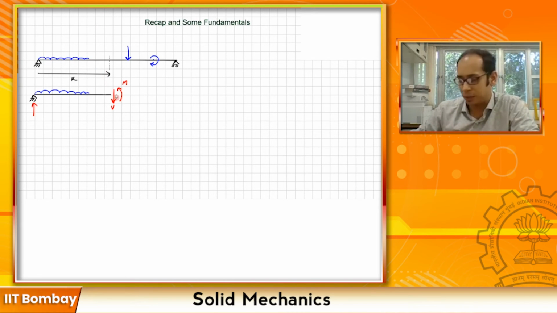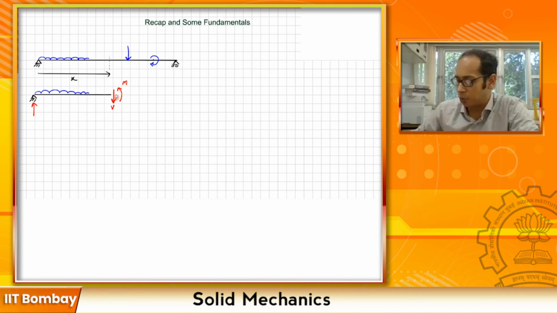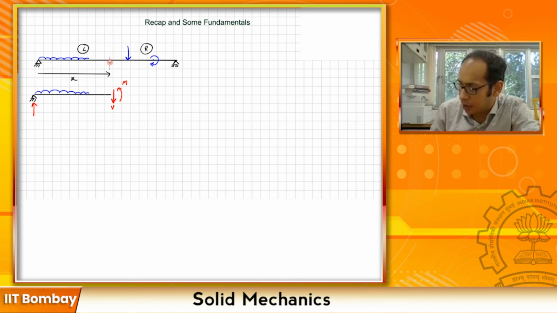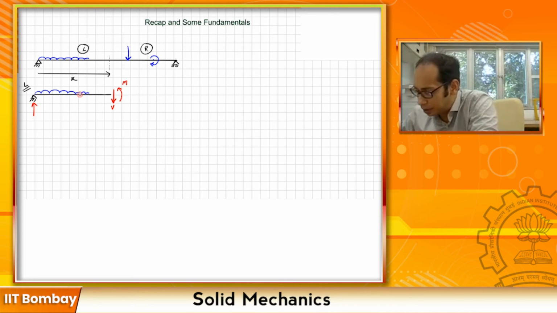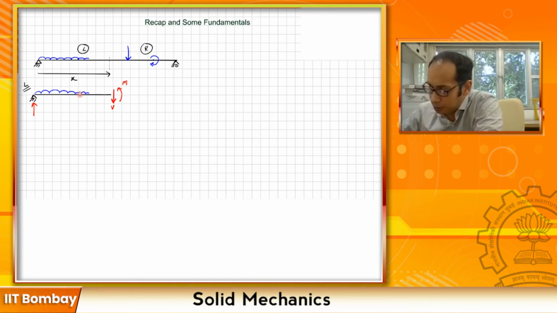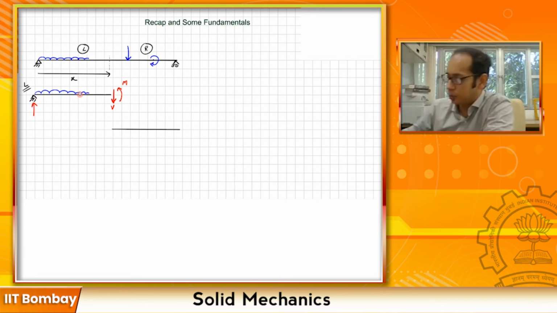So this is one of the ways, going from the left to the right, cutting this section over here. You can do a similar equilibrium of the right hand part. As I drew this section over here, I could have segregated the beam into two parts. This is my left part, and this is the right part over here. The first figure which I drew is the equilibrium of the left part. Now I can have an equilibrium of the right part as well. So let's just quickly draw the beam on the right part from this all the way to here.